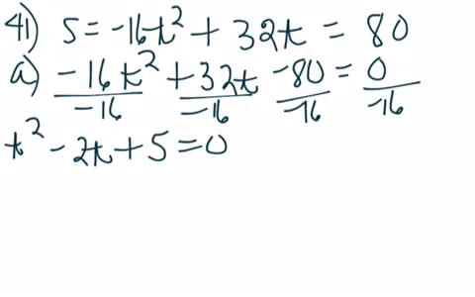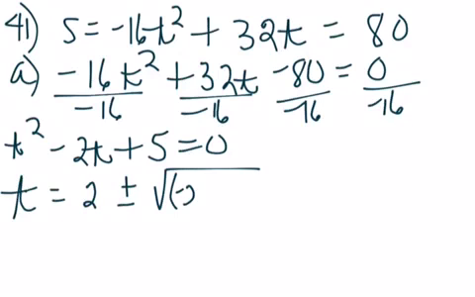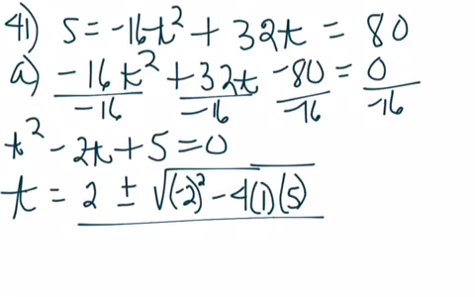Well, once again, this will not factor by traditional factoring, so we have to do the quadratic formula. So t equals the opposite of b, which is a positive 2, plus or minus the square root of b, which is negative 2 squared, minus 4 times a, which is 1, times c, which is 5, all over 2 times a, which is 1. If you look at what's under the radical,